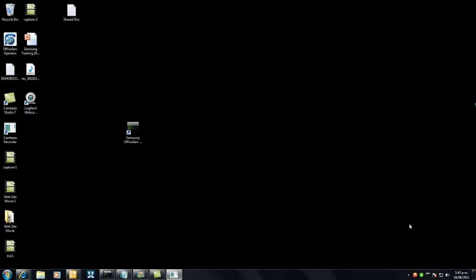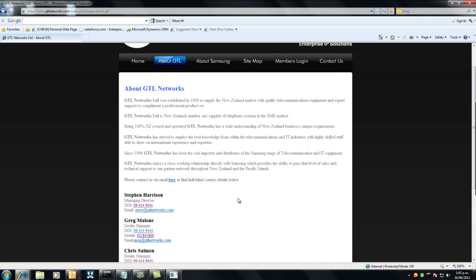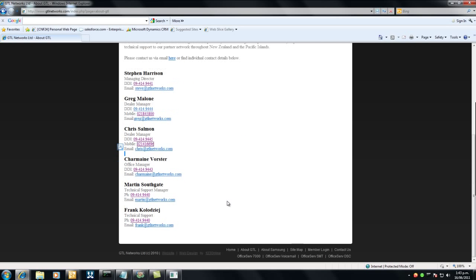We'll firstly start with the dialing product, which allows you to virtually dial from anywhere. We're just going to go to our website here. We'll hop along to GTL Networks, and like most websites, people advertise their telephone numbers. And what you can see here is that the Samsung Xchange software has immediately underlined any telephone number that it